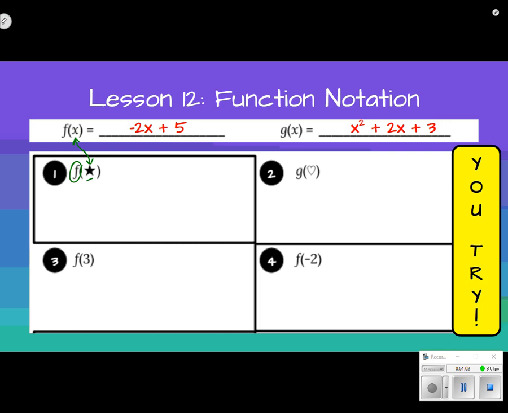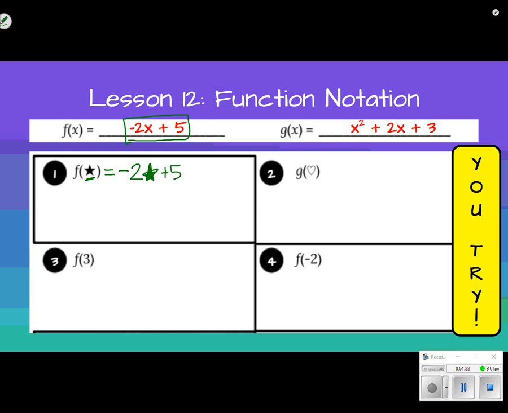So f of star would be how you read that, equals negative 2. I'm about to write x, but I don't want to write x because this tells me every time you see an x, plug in a star. So I'm going to plug in a star